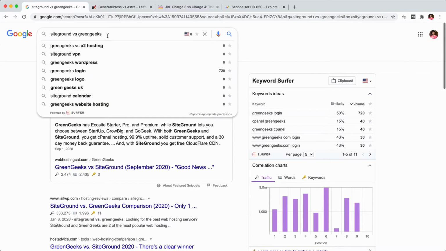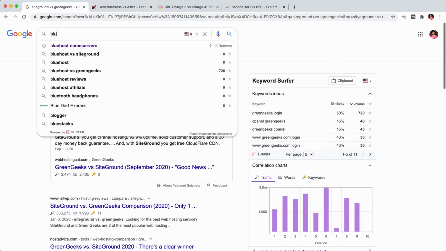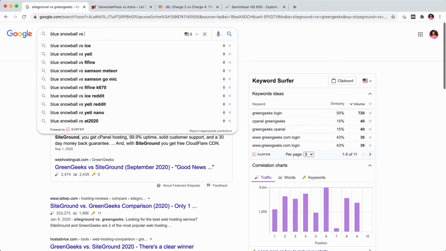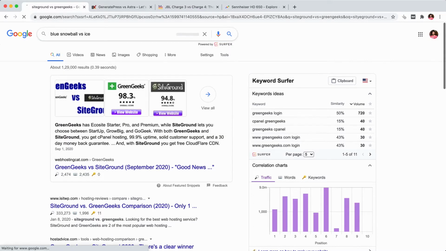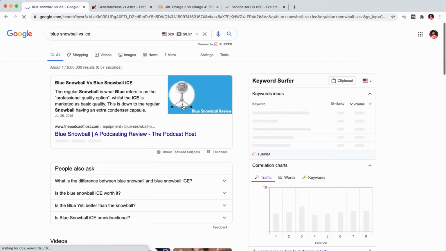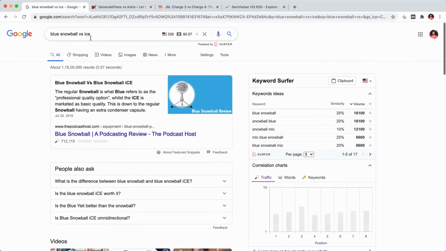Many people search for these comparison related keywords when they are in a dilemma, in some cases a severe dilemma, as to which product to choose among these two. Another example would be Blue Snowball versus Snowball ICE. This is also a comparison keyword.